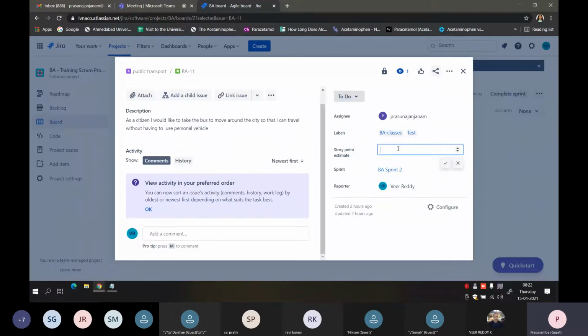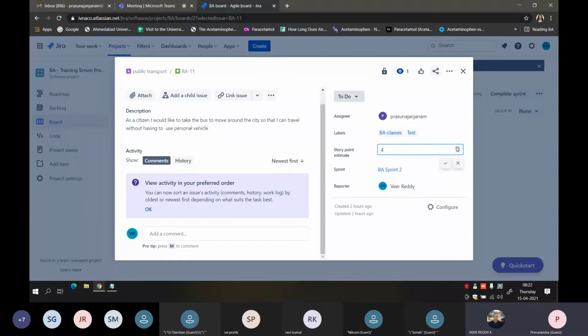It would be decided by the project managers and every developer sitting in the meeting and discussing the story. Then they come to a conclusion about what points we can give to this story. You can select it by clicking this one.